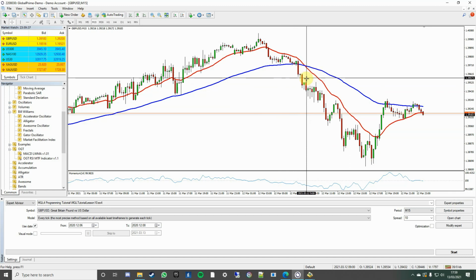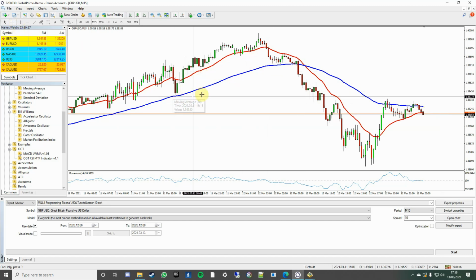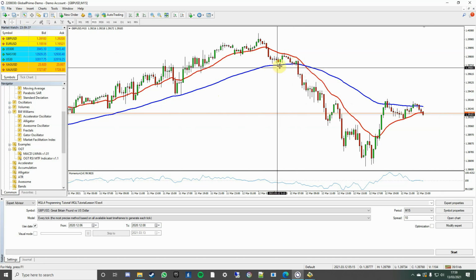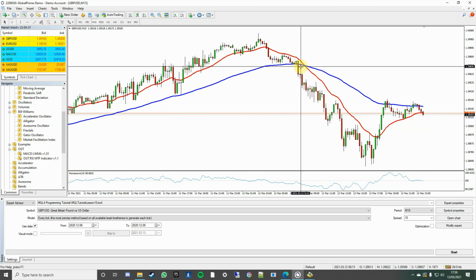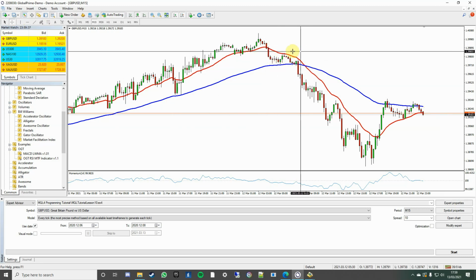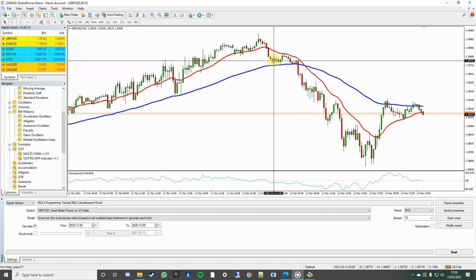They're really simple to understand, but boy, do they get you in late. So is there a better way? One thing that is difficult to do when you're manually trading is looking at the gradient and trying to determine the exact point when you go from facing up to facing down. You can see here, it's quite difficult to see manually, but it's something that's very easy for an expert advisor to do. But why it's good for an expert advisor is